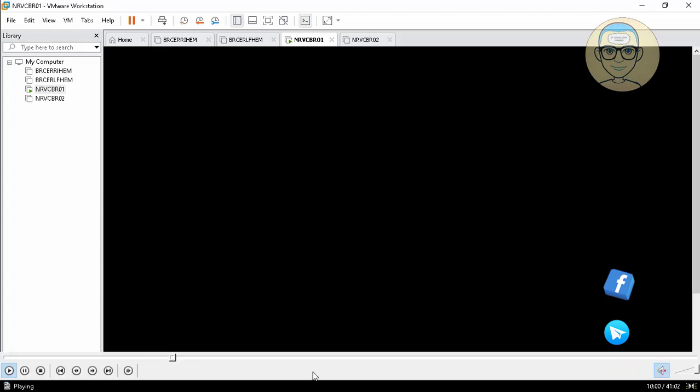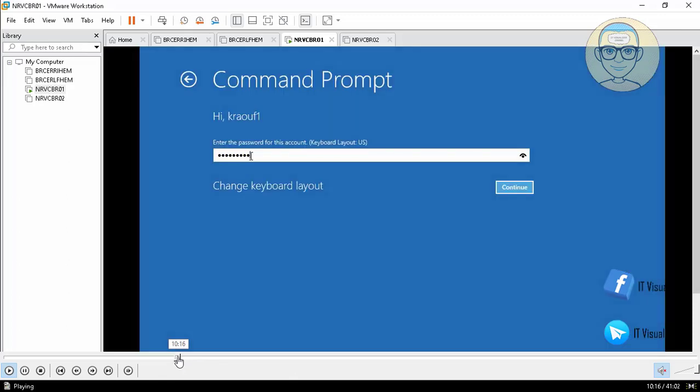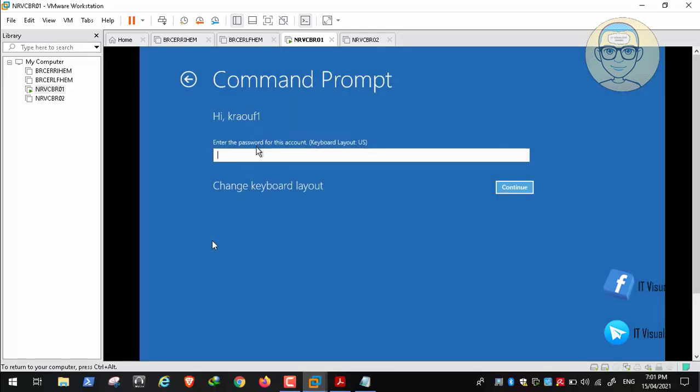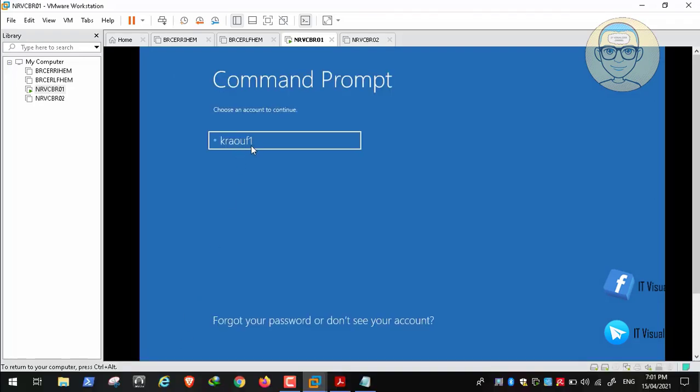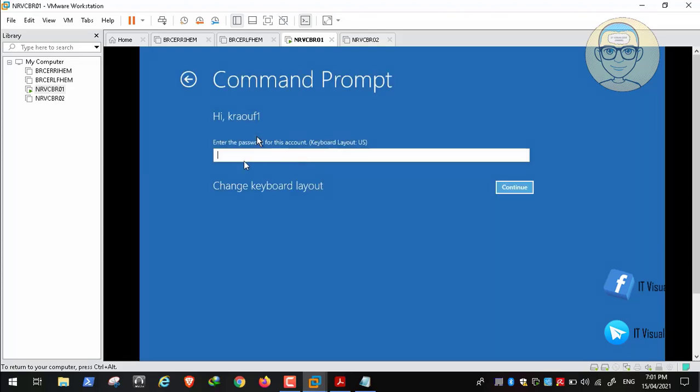So here, if we can go a little bit here, he will ask you to use the username. If you can go further here, so now this is Kera01, this is the account to access the command prompt, and then we need to put the password. Okay, and then continue,